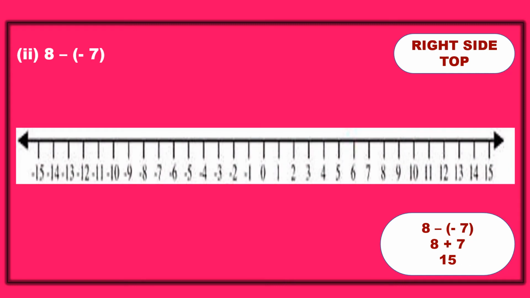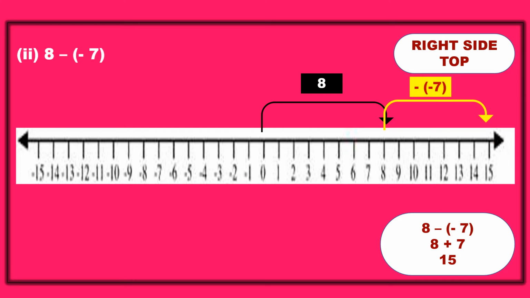So this is your number line. First it is 8. Whatever first number is there, we should indicate from 0 always. So from 0 to 8, and I wrote here 8 steps. Next, minus of minus is plus. As plus is right side, we should go right and top. So we should indicate till here 7 steps. 7 steps means count 7 from 8: 1, 2, 3, 4, 5, 6, 7. So 7 steps, till 15.